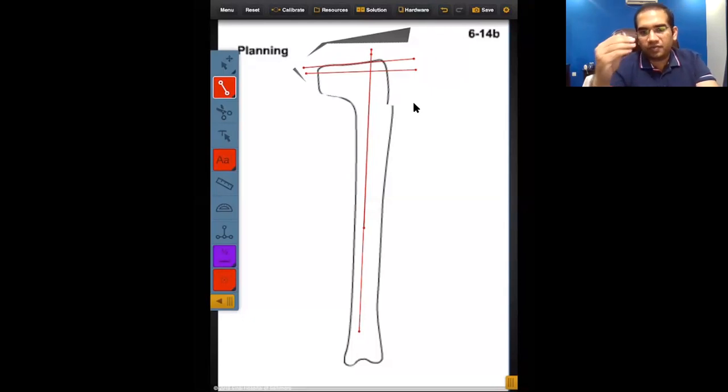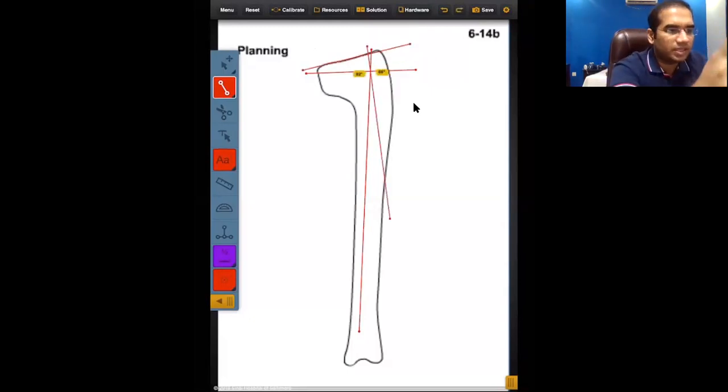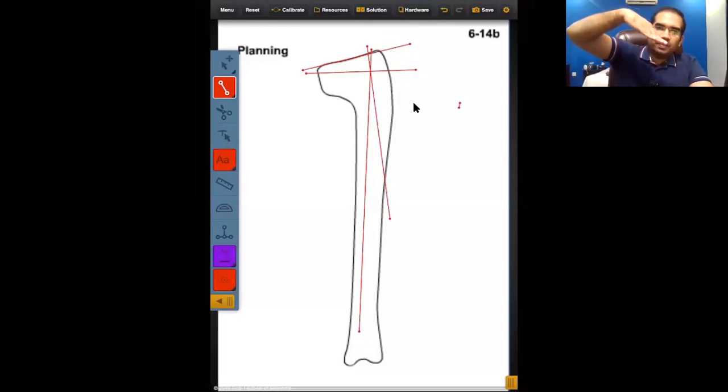This is why the posterior proximal tibial angle is 81 degrees. Okay, it is not 90 degrees. So all of my planning is to restore the normal tibial slope. In this patient, now you can see there is an increase in tibial slope. What I will do is restore the normal tibial slope. Okay. Thanks. Any more questions? No, sir.